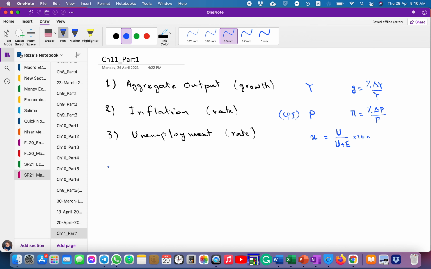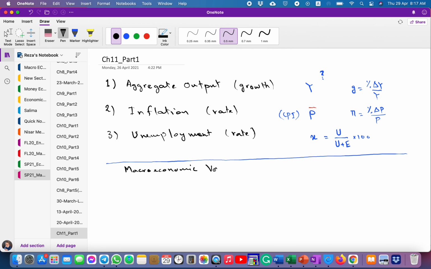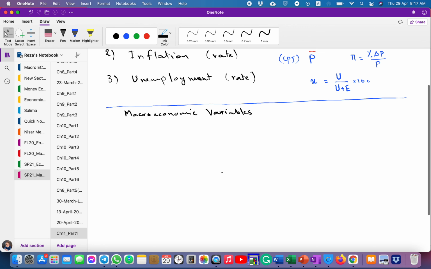So we know how to measure them, but we are wondering why and how they are changing. In previous chapter, we explained the reason that y may change, assuming that price levels are constant. And the other macroeconomic variables, we classified them into